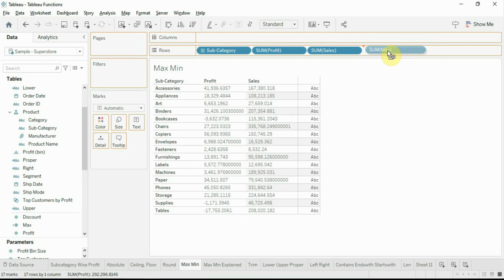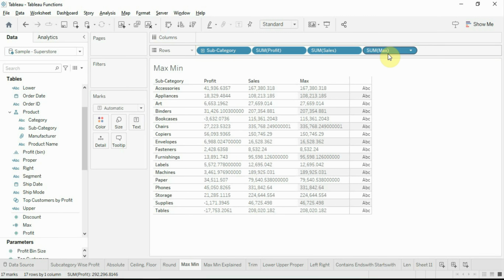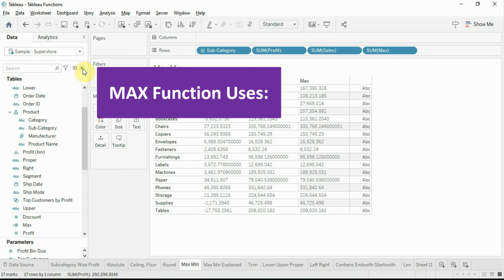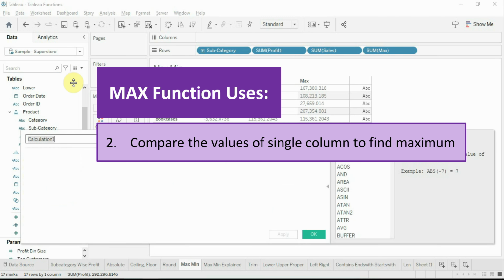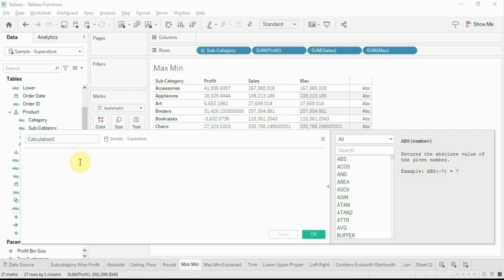Drop the field in the table. As you can see, for the accessories subcategory, it is giving the maximum value among sales and profit, which is 167,380.318.